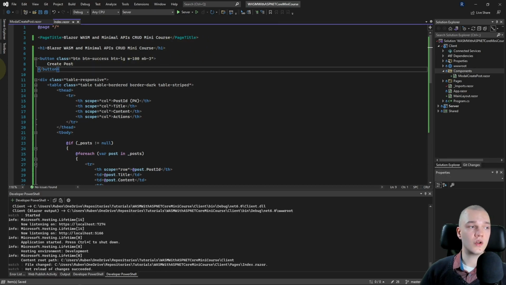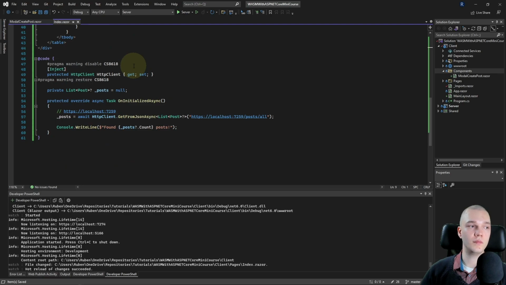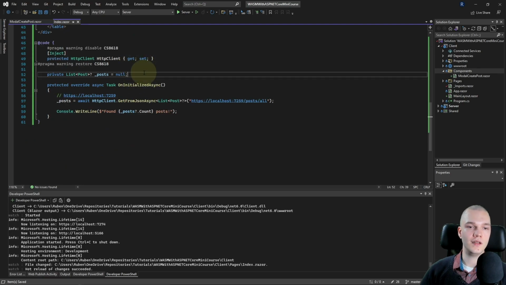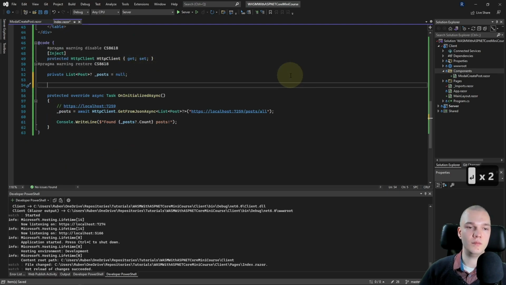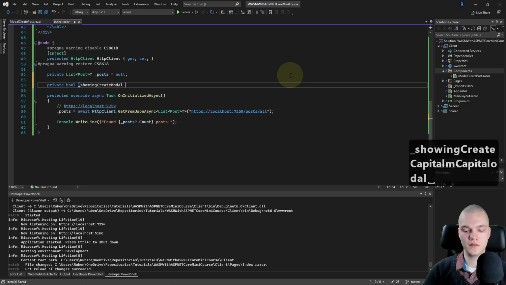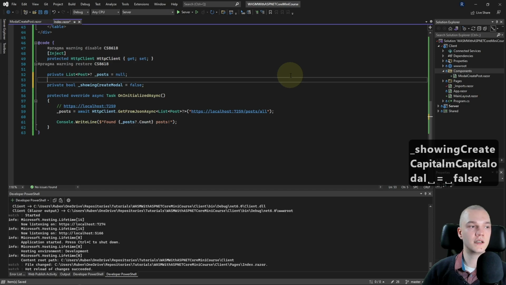Save that. Okay, so when this is clicked, the modal should open. So in the code below the list, I'll add a boolean. So private bool _showingCreateModal = false.